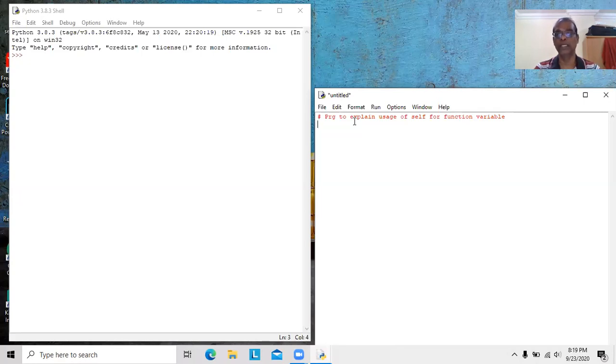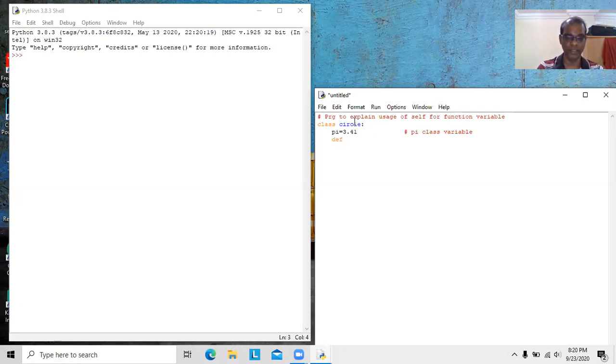Now I will write one class which has two functions, one is area, another one is circumference. You will see now. class Circle. So Circle is my class here. I have to declare pi equal to 3.14. So this is a class variable. Pi is a class variable. Since it is a class variable, we can access pi anywhere within the class using class name as well as self keyword.